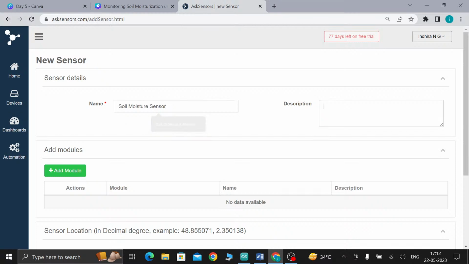Then coming to description, if you want to give any description you can give one, or else just leave it. Now I am going to give: it detects the soil moisture level. This is what I am going to give in the description box.